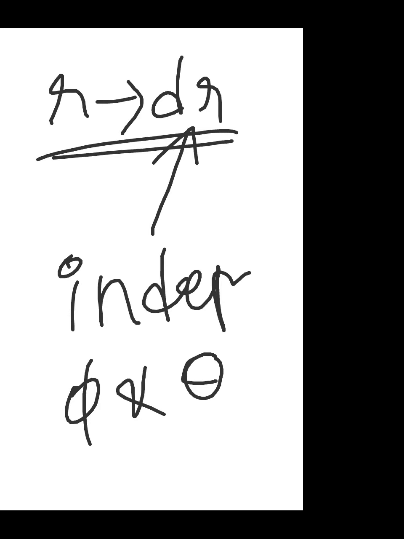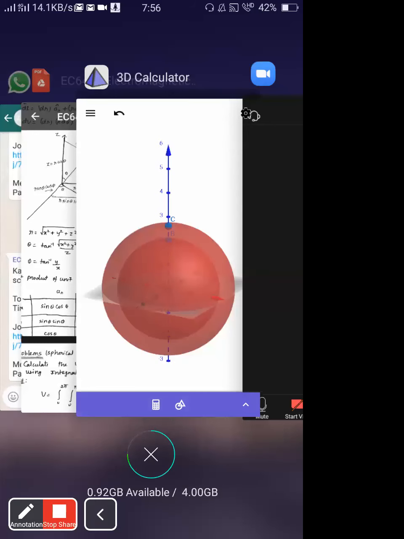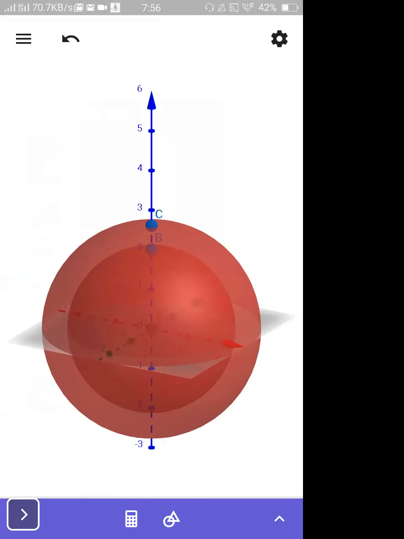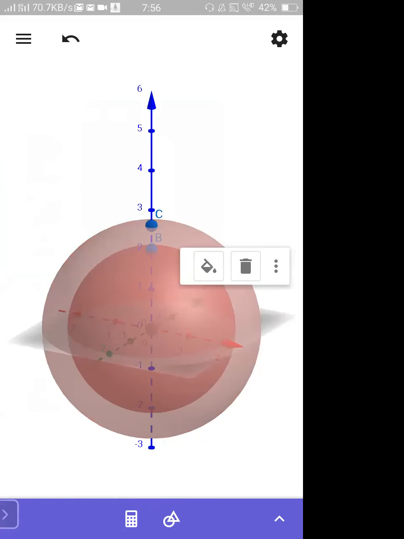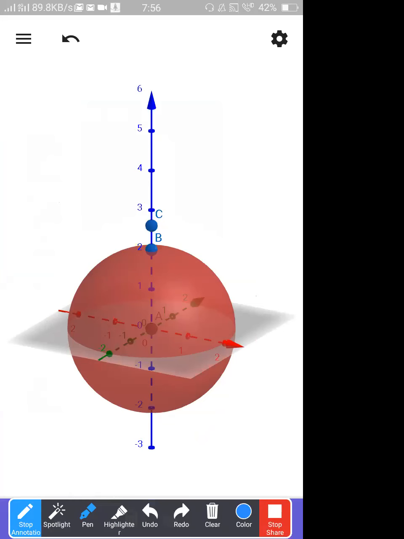Sorry, the screen was not shared to you. Please wait. I hope now you will get the screen. See, first I have one sphere. Say the sphere radius is 2. Now I will draw another sphere. That means, sir, with the existing r, I am going to add some dr. Again, I will choose 2.5. So what happens?